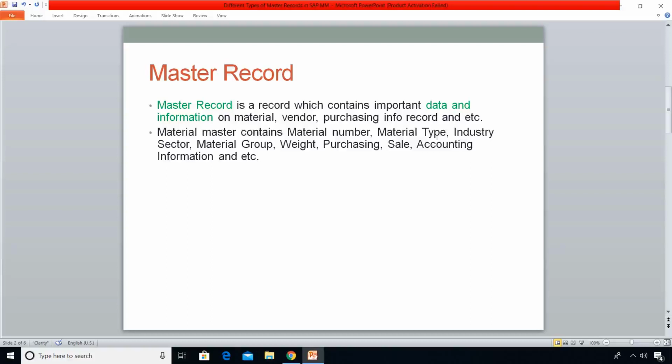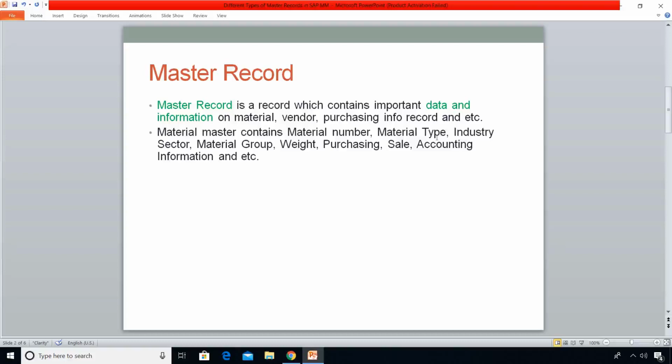In the basic data 1 view, we will be able to see material description, unit of measure, material group, material weight. In the basic data 2 view, material drawings and information. In the purchasing view, we will be able to see order unit, auto PO indicator, purchasing group.